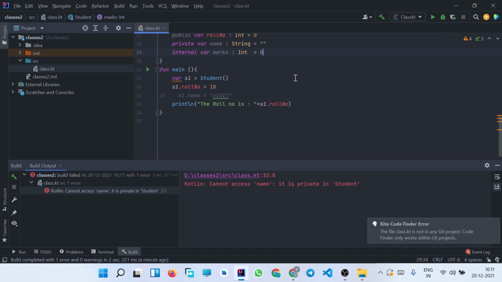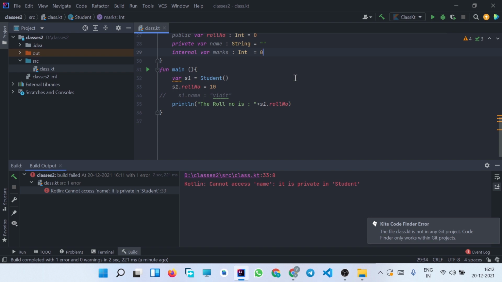The attributes which we have declared using the internal access modifier will be visible inside the same module. In Kotlin, the internal modifier is a newly added modifier, and that is not supported by Java.